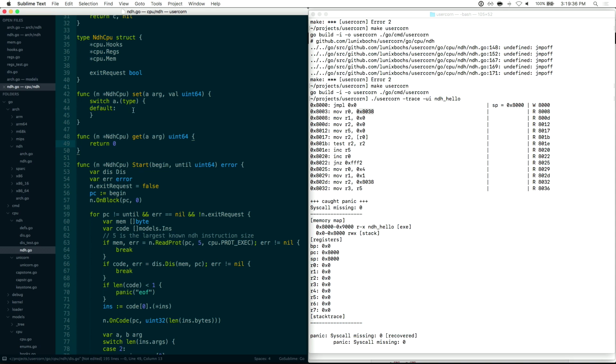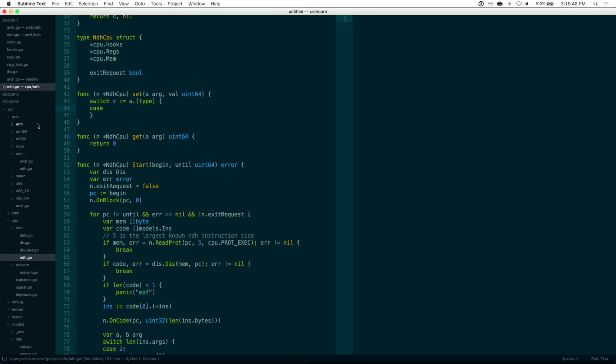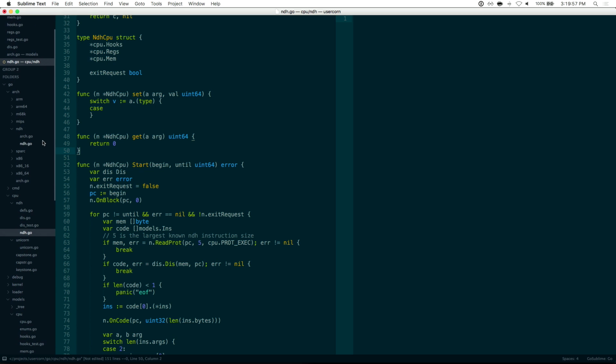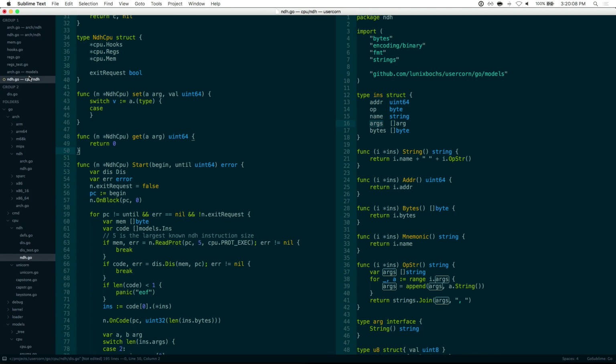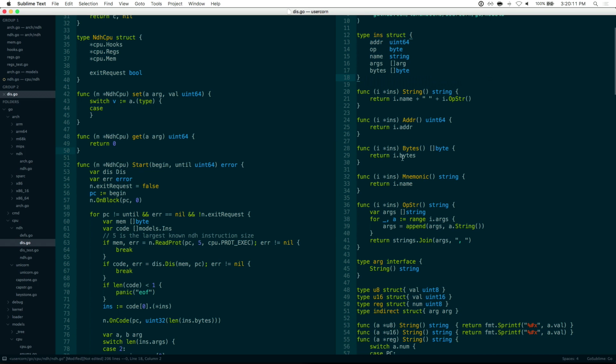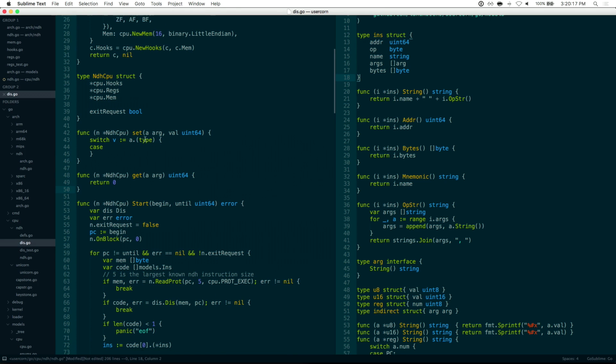So I need get and set. So I'll do a case for each of the types. So it should be this and get and set, and we should have a semi-working CPU with full tracing and instrumentation and everything. So I need to look up the different types again because it's been a while since I wrote that. So ints is